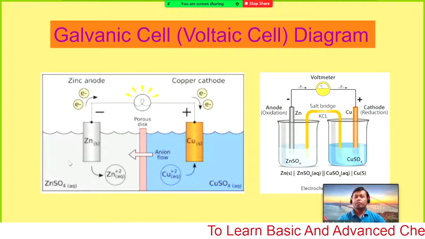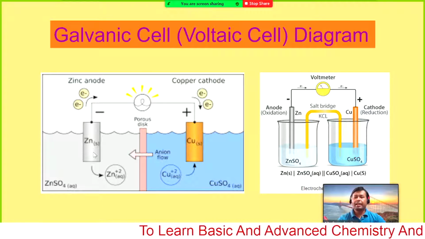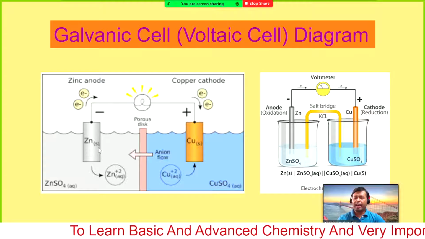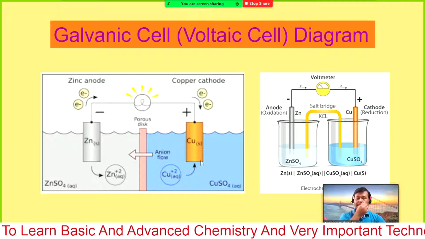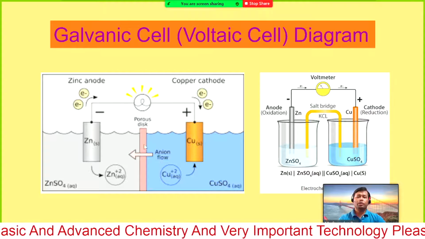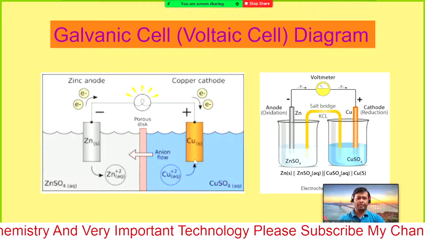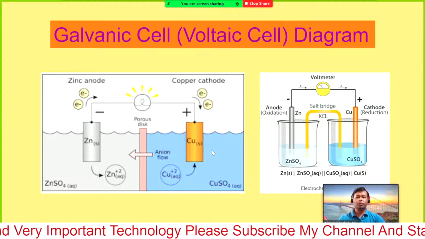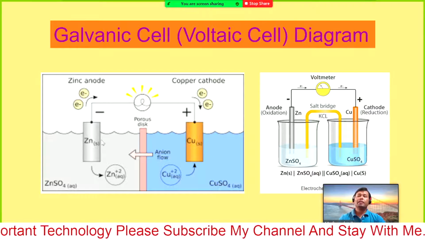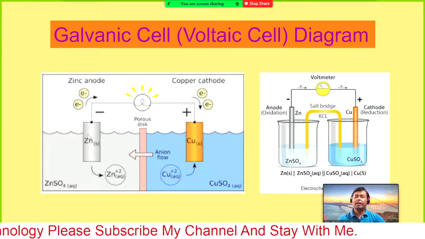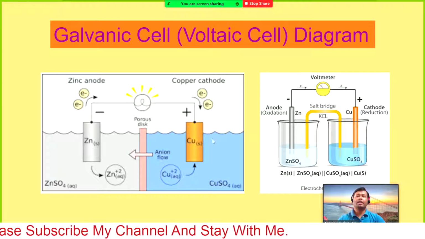So by destroying the zinc electrode, that means by destroying the anode, we are increasing the size of the cathode. Here the oxidation takes place and here the reduction takes place. That is the simplest way that we can discuss the anode and cathode, where the oxidation takes place and where the reduction takes place.